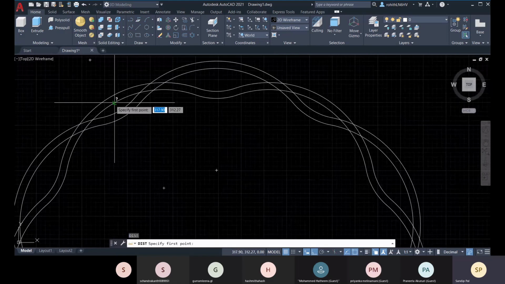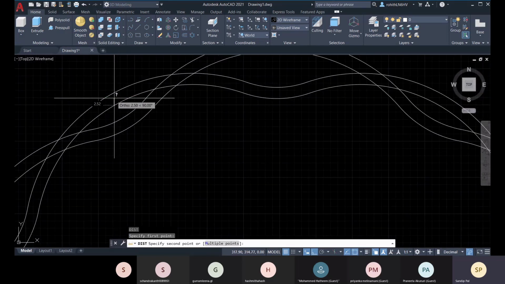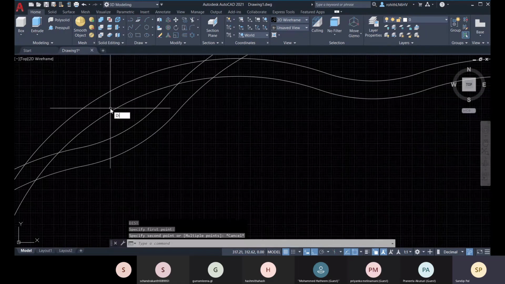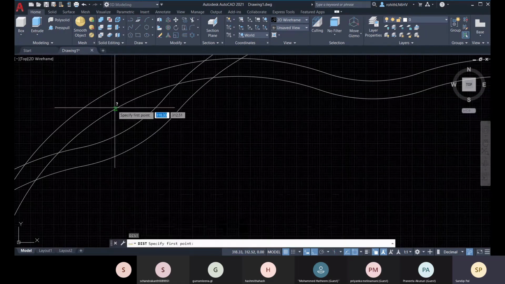So from this point you can see, okay, so that is the problem you're facing right now.